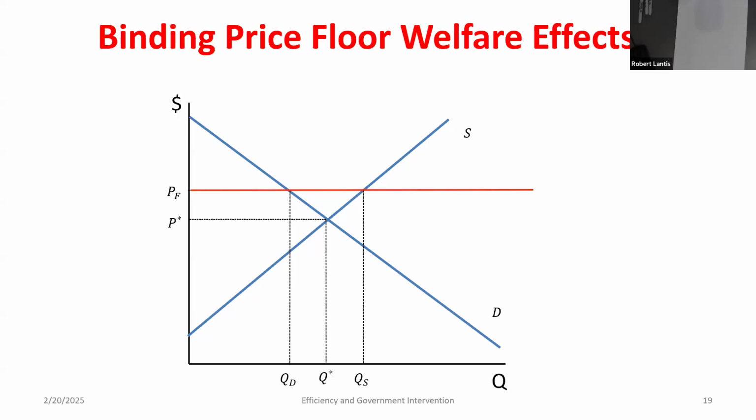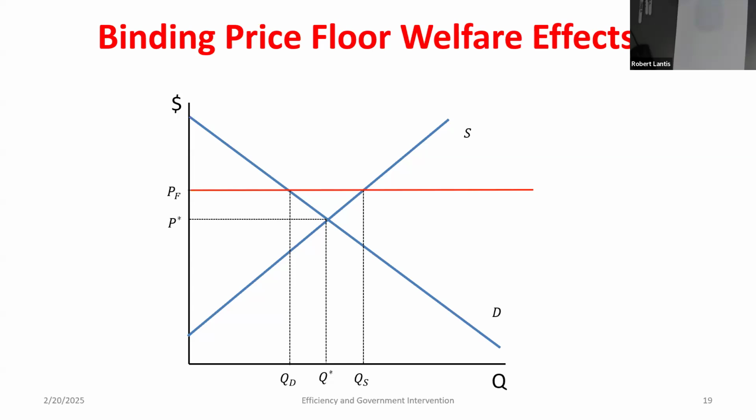So what's going to happen? At this higher price, is quantity demanded going to be higher or lower if the price is higher? Lower. Sure enough, where do we hit the demand curve? At a lower value. What is the quantity supplied? Well, if the price was higher, producers would be willing to supply a lot more. So what have I created with a price floor? The quantity supplied is greater than the quantity demanded at that price. I've got a surplus in the number of units. So price ceilings cause shortages in units, and price floors will create a surplus in the number of units.